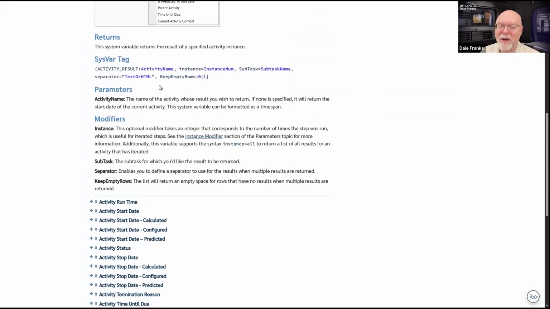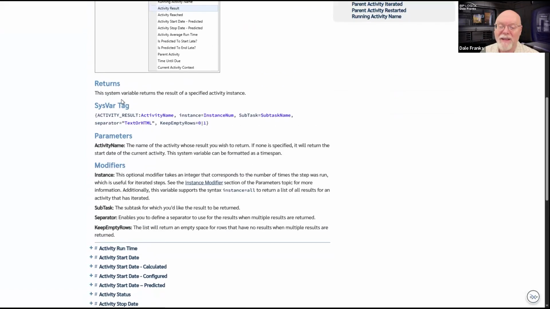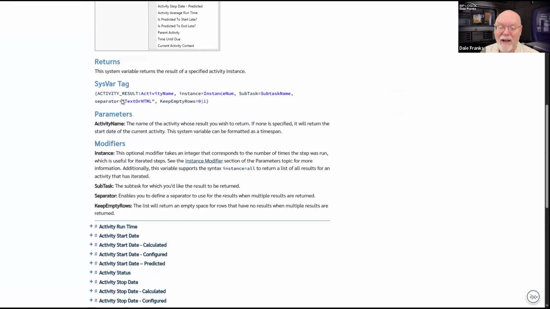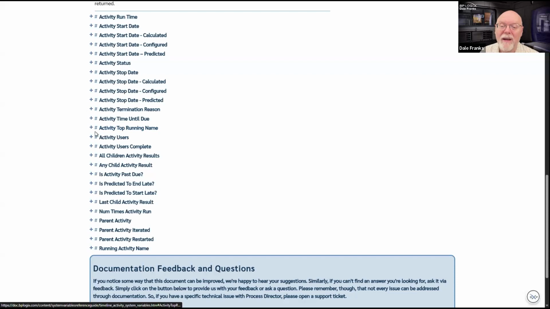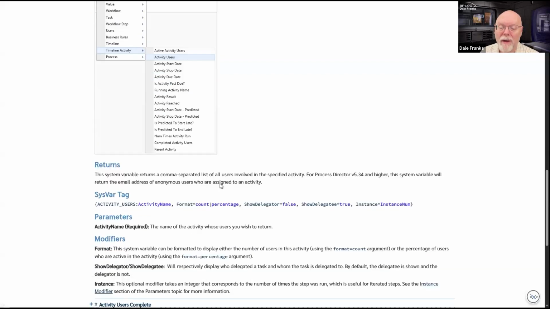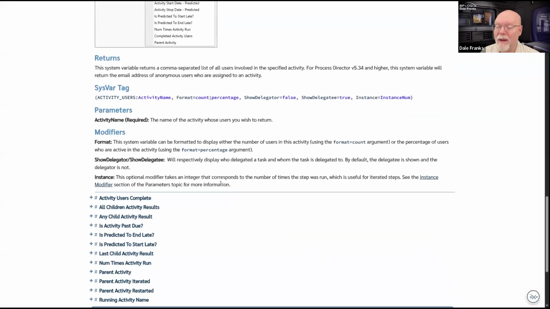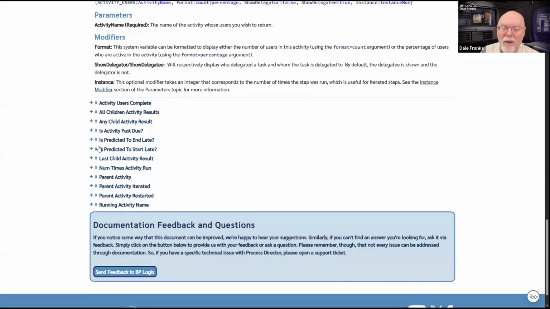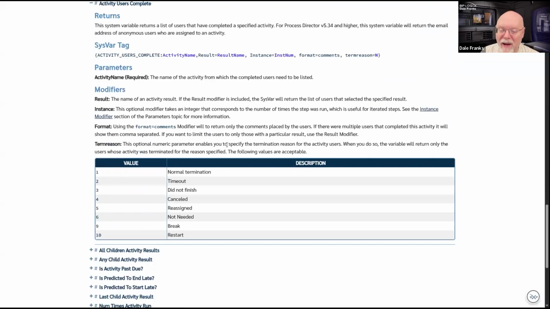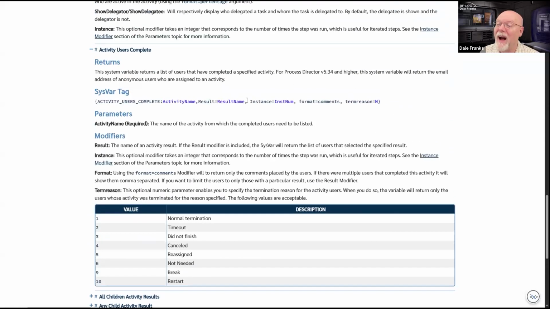I thought it was activity result off the top of my head. Instance number, subtask name, but that's not it. It's activity users. Or is it activity users complete? All right, now I can't remember which one it is. It is activity users complete. Okay, found it.